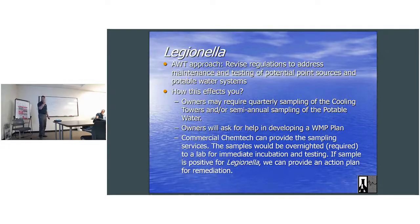And there are more and more groups that are offering Legionella testing, and we do it too, but all we do is ship it to a third-party source to validate it. It's expensive. It's $120 a sample, and you have to overnight sample it. They need to get it within 24 hours. We use one in Michigan, so we're shipping water for $100 each time. Anyway,